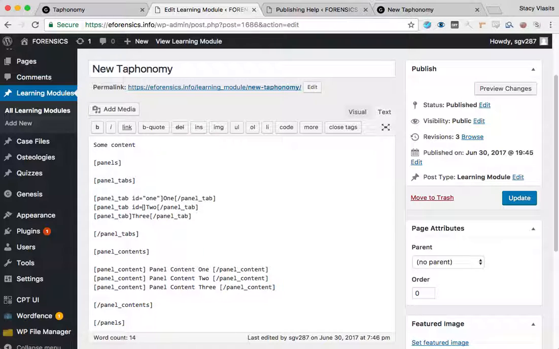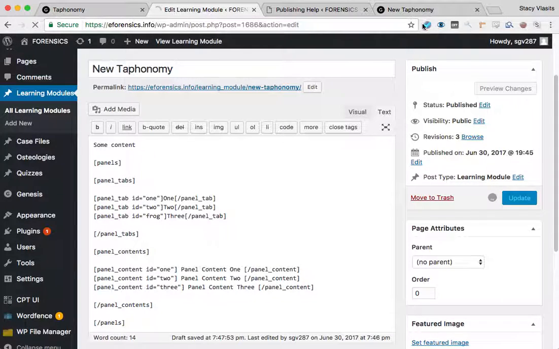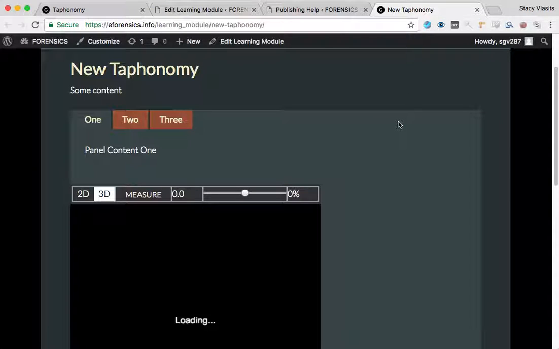ID equals 2, and ID equals frog. I'm just going to do frog here just to show you that the magic is not in the numbering, and it's just that the names have to match each other. ID equals 1, down here in a content, ID equals 2, and ID equals 3. All right, so then we go back here, load the tab up, and now when I click on 2,